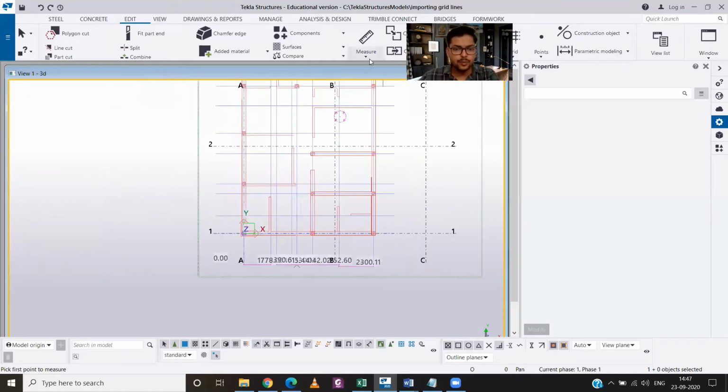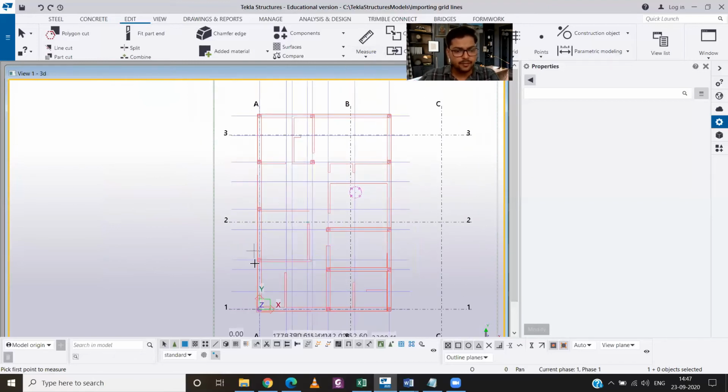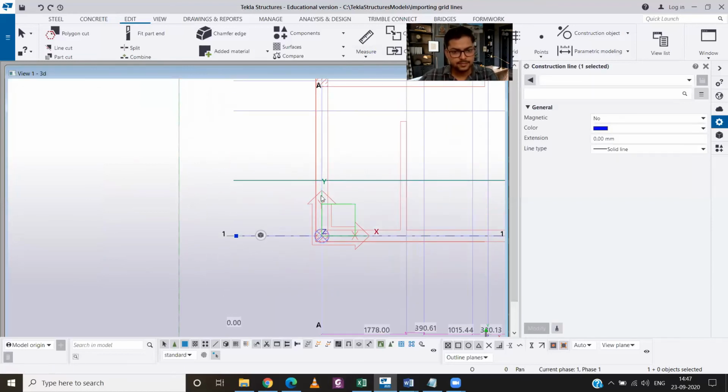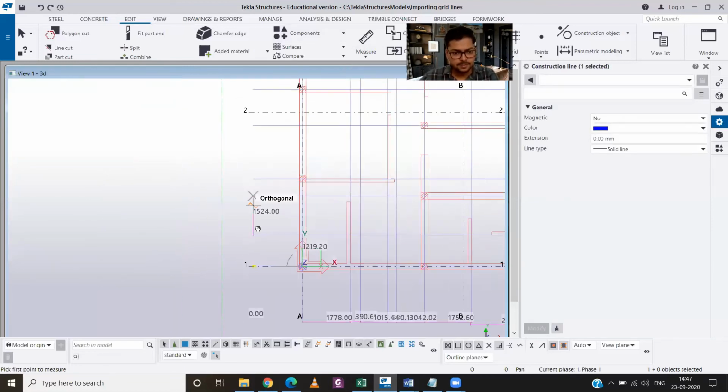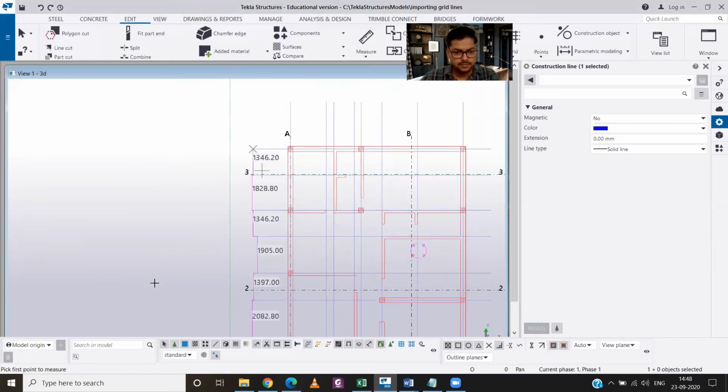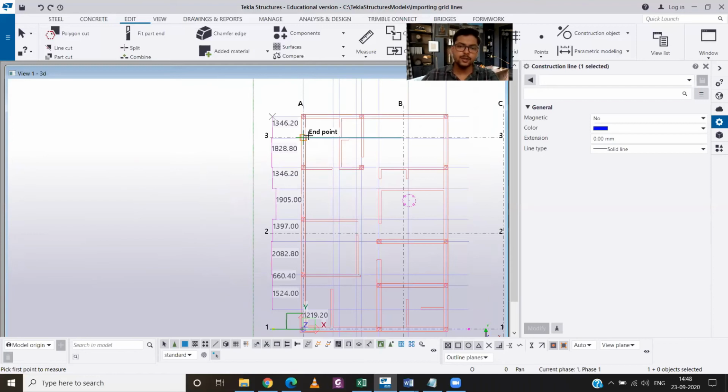Similarly, I will go to measure and choose for vertical distance and measure my vertical units. From here, you can see that you have all the vertical distances.